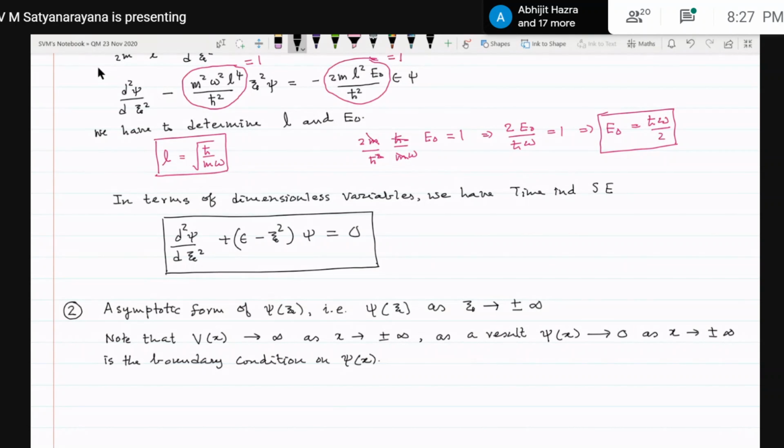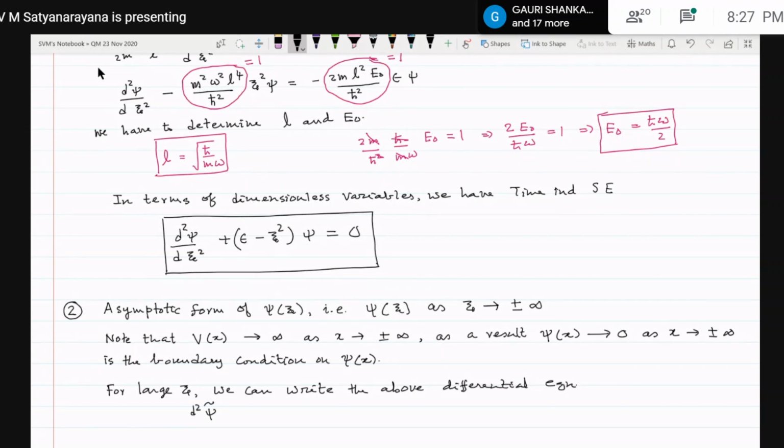Now, for large xi, we can write the above differential equation as